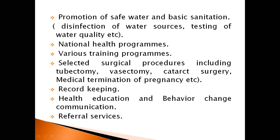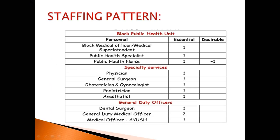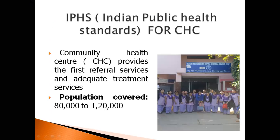Let me briefly tell you about the third one we have, the community health centers. Here also in the community health centers, actually here we have,